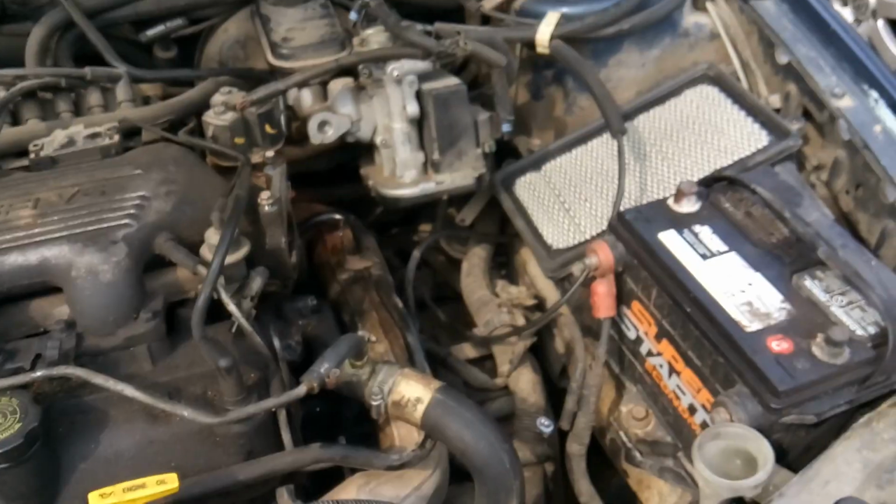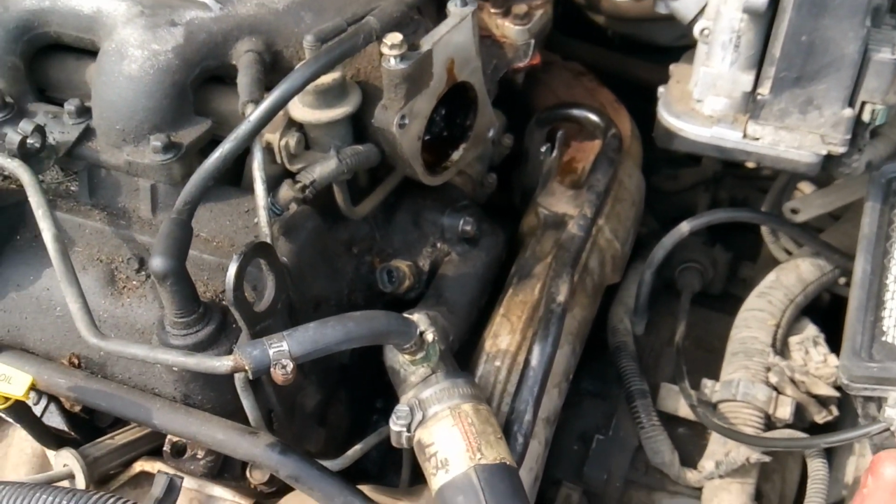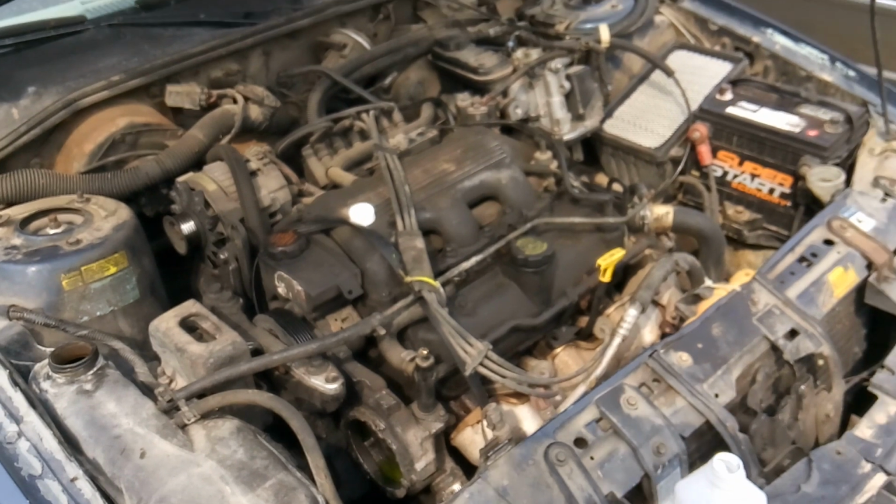So there's a cool tip and trick there to get through changing out that thermostat, and there's some cool information about a water pump. I'm going to go ahead and start moving forward and get this job back together and